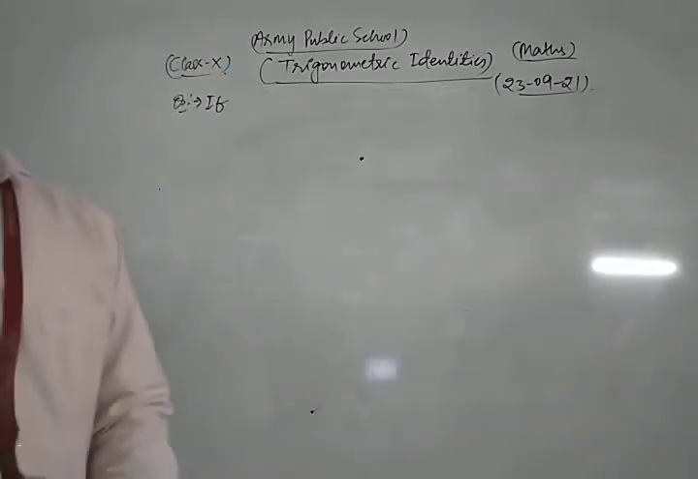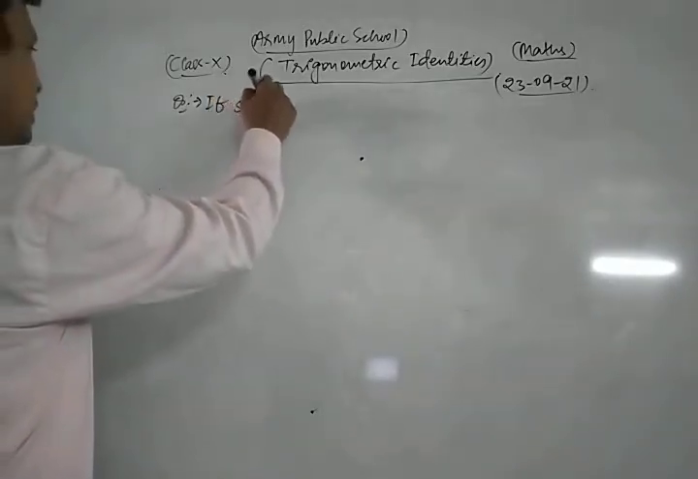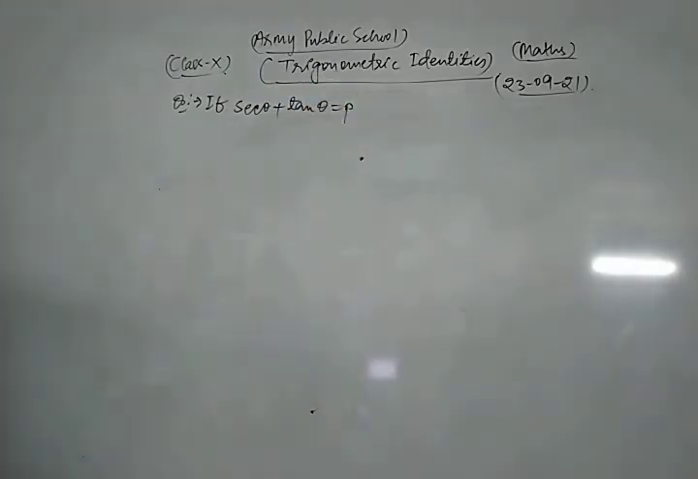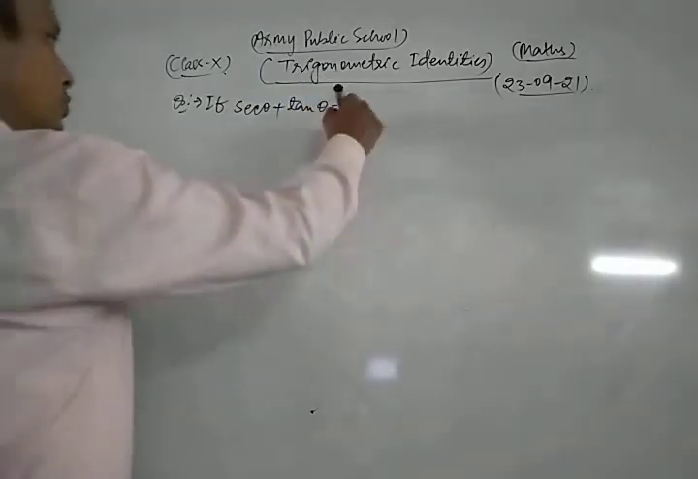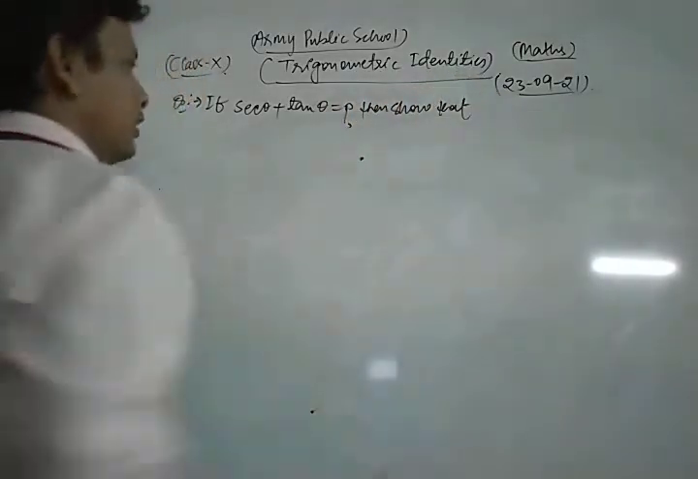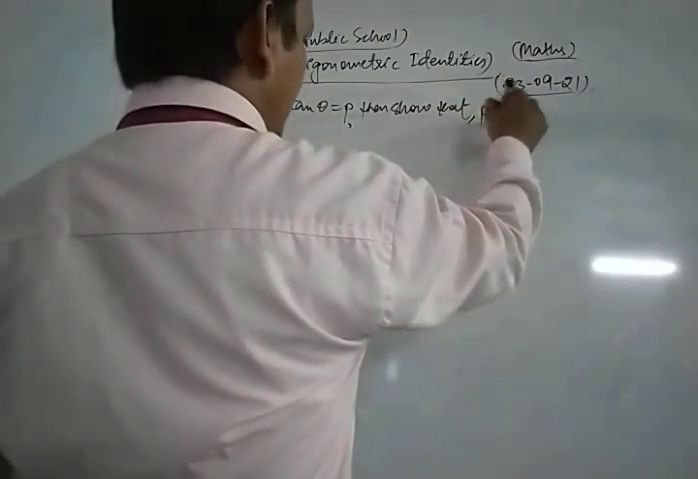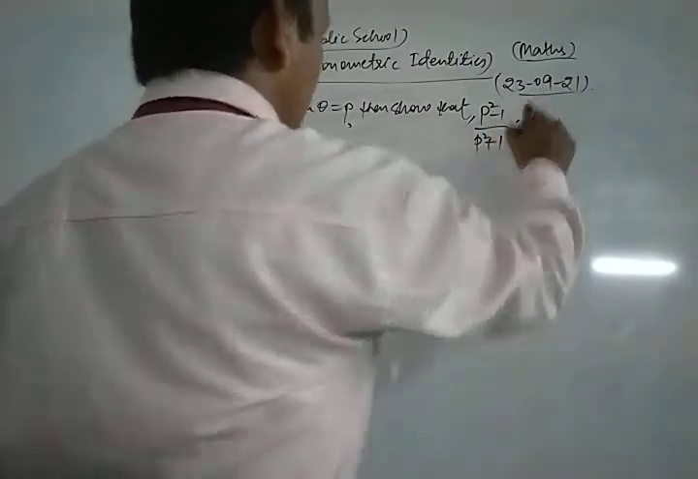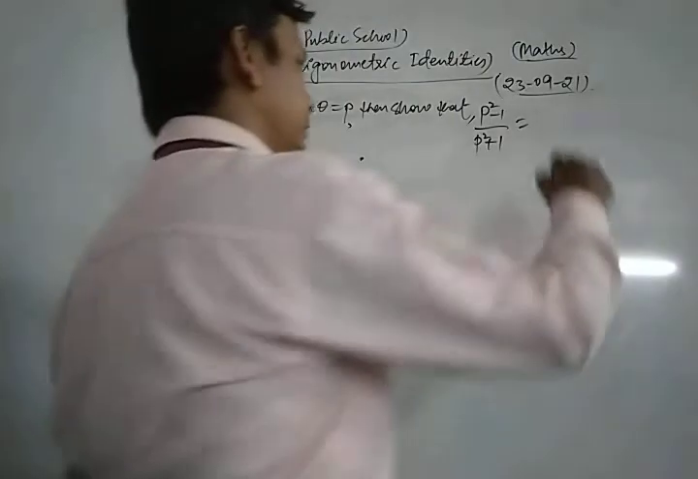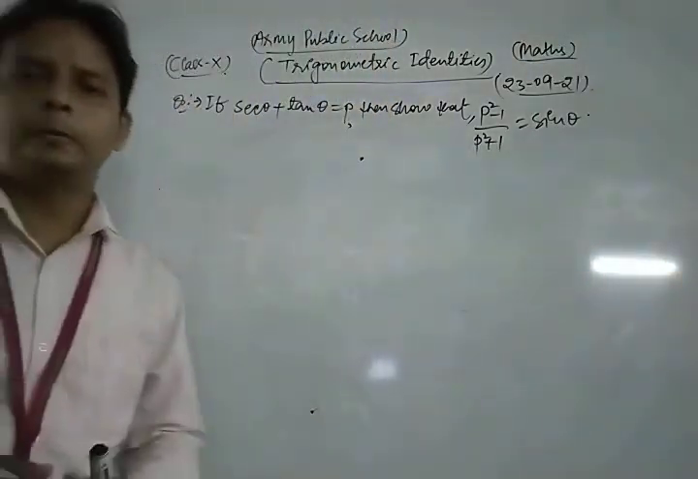if sec theta plus tan theta is equal to p, then show that (p square minus 1) upon (p square plus 1) is equal to sin theta. Okay,